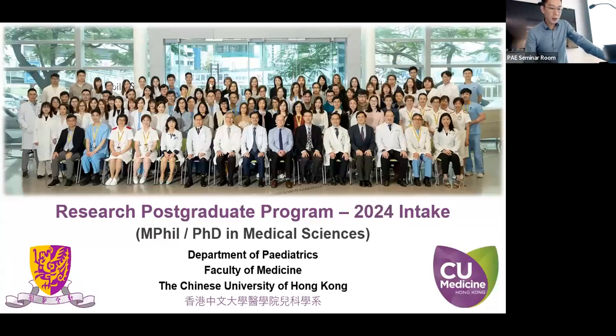And this is our department, the personnel in the department. This is a clinical department, so you will see doctors, nurses, and scientists, and so on. The degree in this department is a master or PhD in medical sciences. When you go to the graduate school website, you need to search for medical sciences, and under medical sciences, we are the division of pediatrics. There are 4 programs under medical sciences: psychiatry, clinical oncology, public health, and pediatrics. If you intend to do pediatrics, you need to specify.